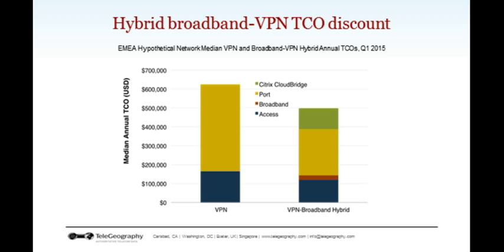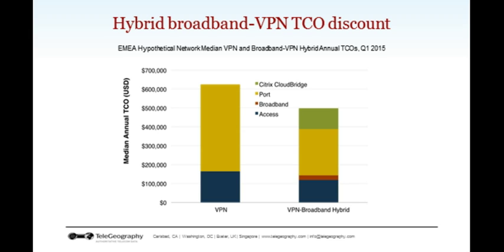So let's take a look at how this affects the total cost of ownership. I'll give you one little caveat: when I say TCO, there are some other factors going into the TCO that we're not looking at here. It's just out of our scope. But the bulk of that TCO, of course, is made up of your access loops and your network or port services. So that's what we're looking at as an annual TCO here.